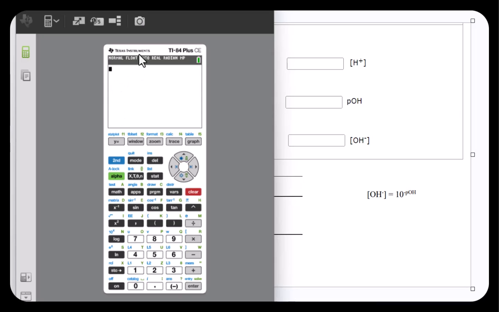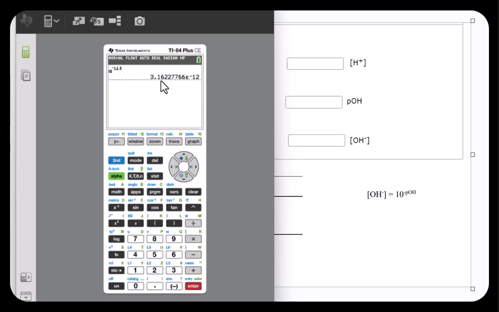And when you do these problems, you should be able to sort of predict from a pH what your answer is going to be about. This answer for hydrogen ion concentration would be about 10 to the negative 11, 10 to the negative 12 power. So I'll take my little exponent here, 10 raised to the x. Don't forget the negative. Don't use the minus, you use the negative, and that was 11.5. If you have a basic solution, it's going to be greater than 7. So we'll expect a small number, and we're going to get it. And here it is. I said it's going to be between 10 to the negative 11 and 10 to the negative 12, and here it is,